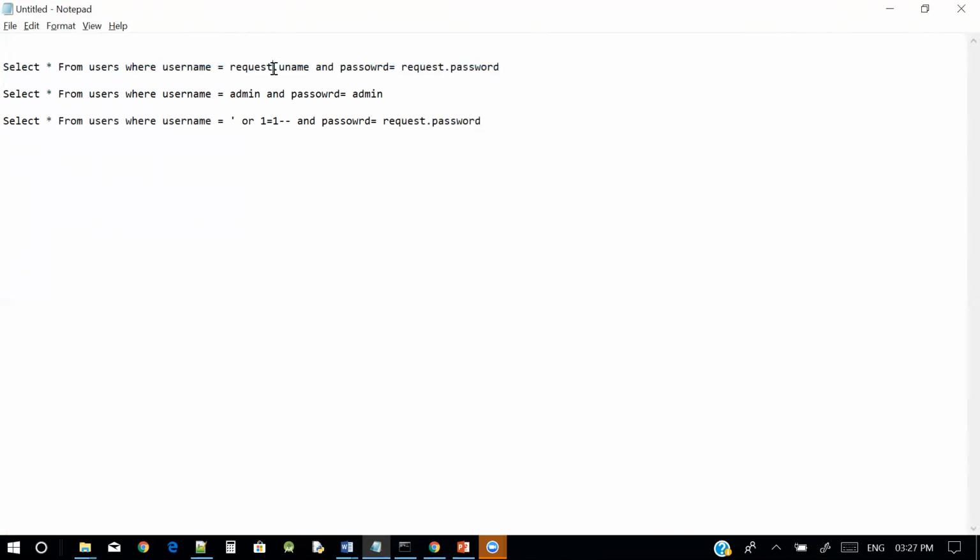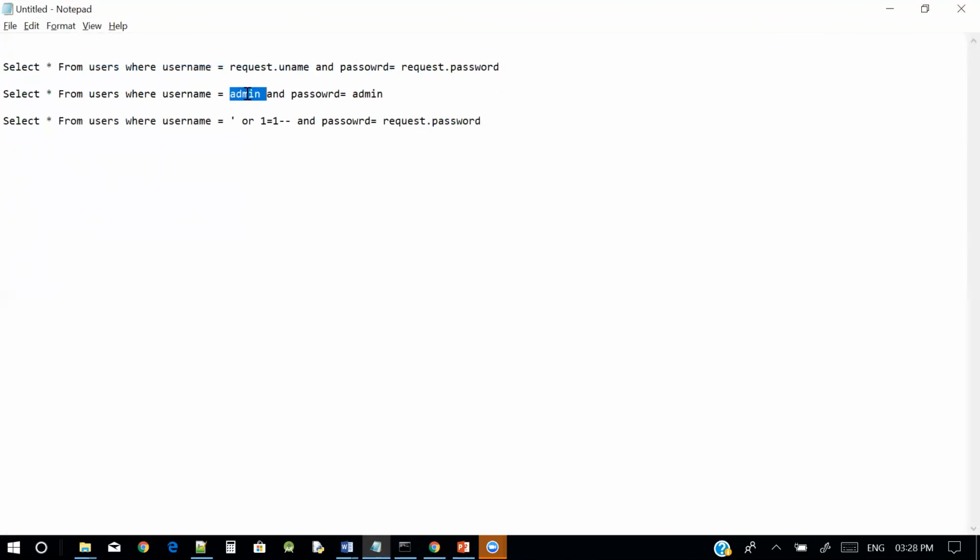Now in request username, I gave the username as admin, and the password as admin. And now the query will be select star from user where username is equal to admin and password is equal to admin. This query reaches the database, which verifies the credentials,